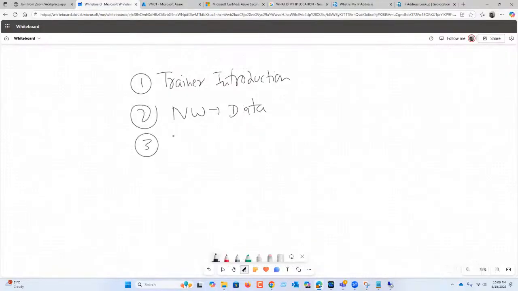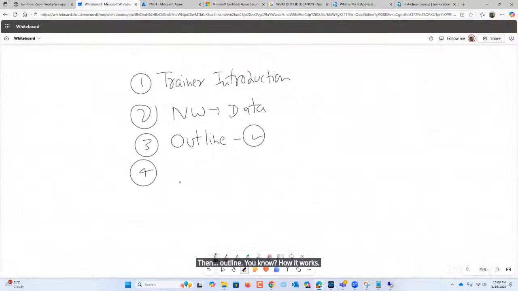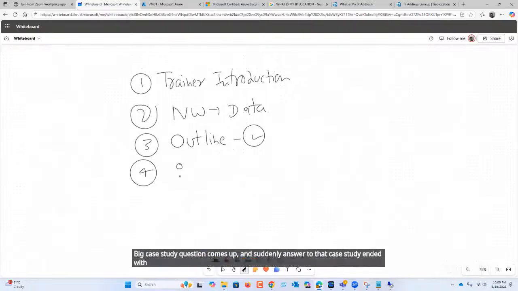Then outline, how it works with a master program. And then we talked about a case study question that comes up, and the answer to that case study ended with two topics. And we discussed those things.